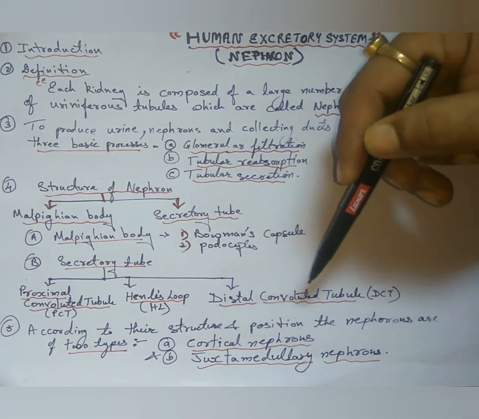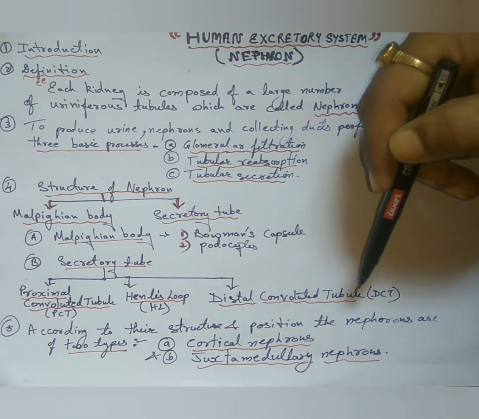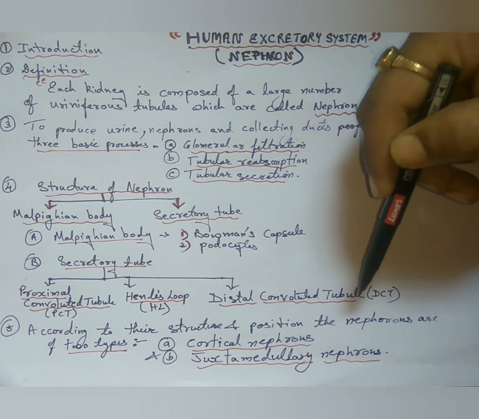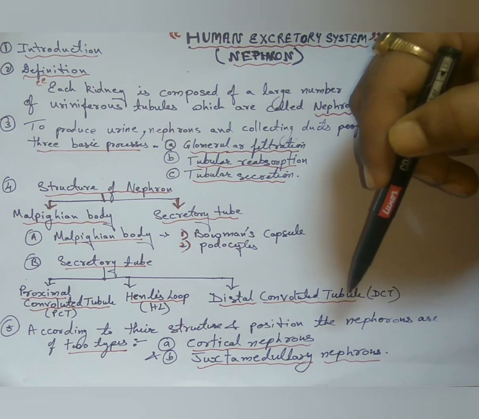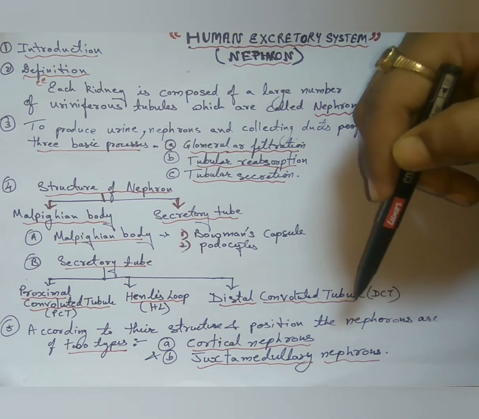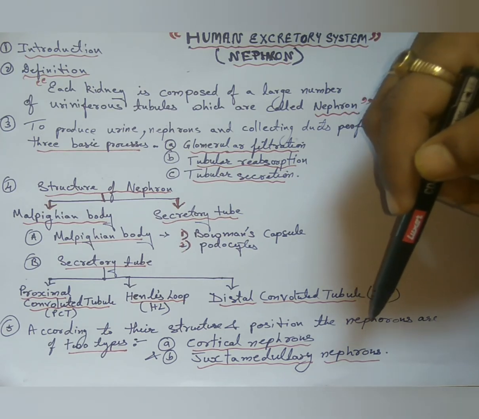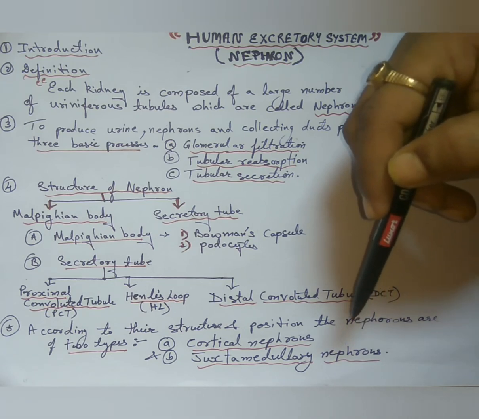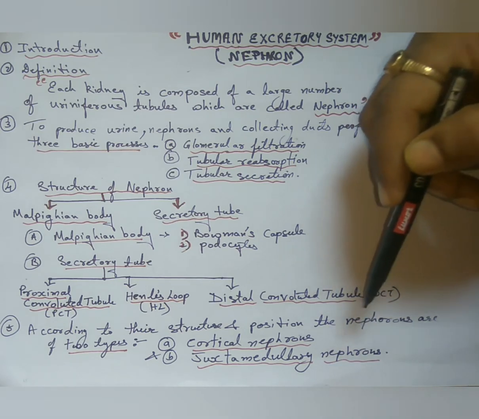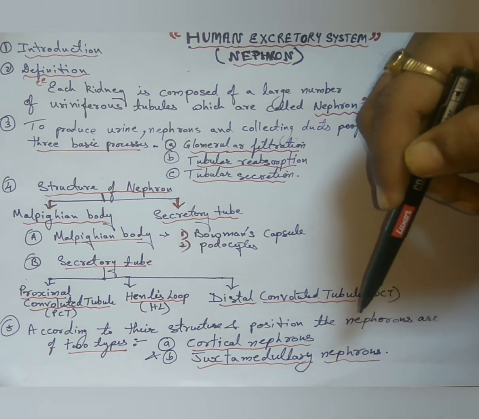Next, the distal convoluted tubule, DCT. It is the last part of the long tubule which becomes coiled immediately after the ascending loop. Beyond this coil, it is not coiled and unites with collecting tubules. Several collecting tubules unite together to form a common collecting duct. The common collecting duct opens into the pelvis where urine is stored, and from here it goes to the ureter. In each kidney there are about 250 very large collecting ducts, each of which collects urine from about 4,000 nephrons.